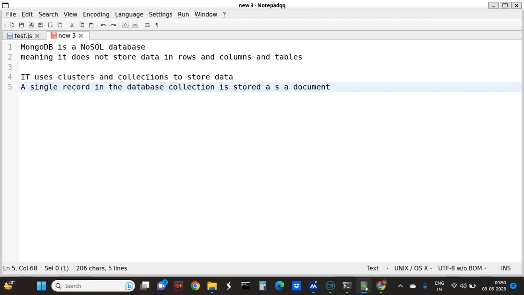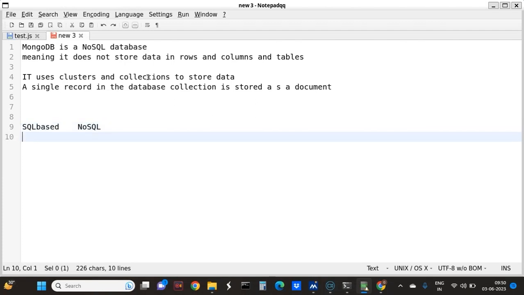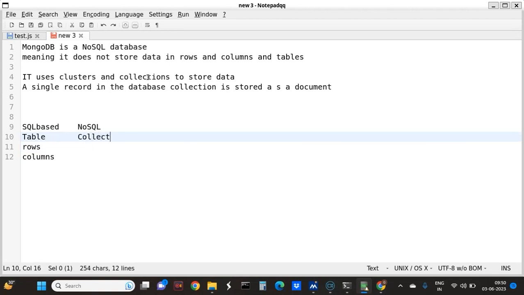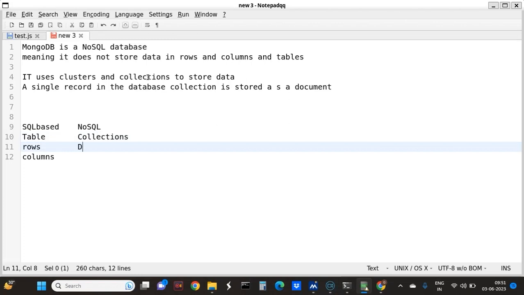So you can see, this is our relational, SQL-based database, and this is NoSQL. So what is the difference here? See, in SQL there is a table. Inside the table there are rows and columns. In NoSQL there are no tables, there are collections. In collections, the individual rows are called documents,